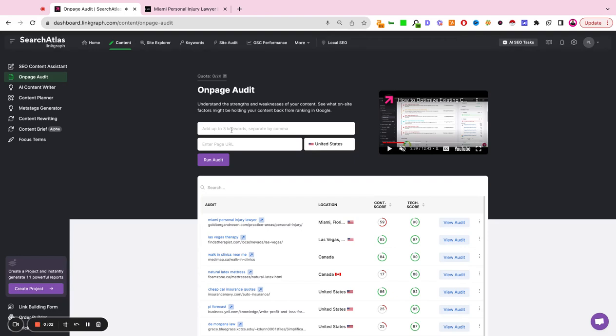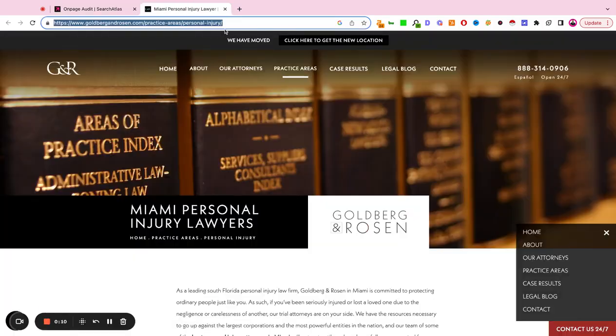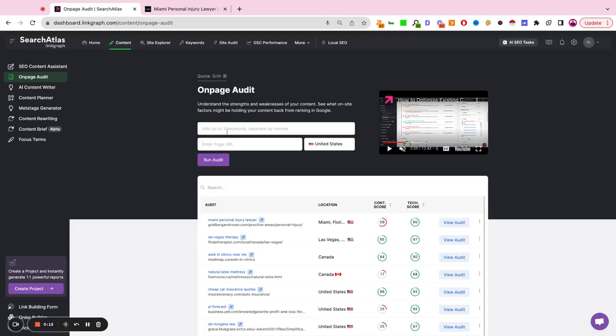Here's a quick tutorial on how to use the on-page audit tool inside Search Atlas. Step one is to take the URL of the page you wish to audit. In this example, we're going to take a personal injury attorney in Miami. So we're going to take that URL, plug it into the URL section here, and then we're going to define